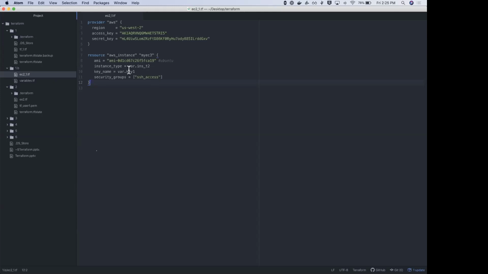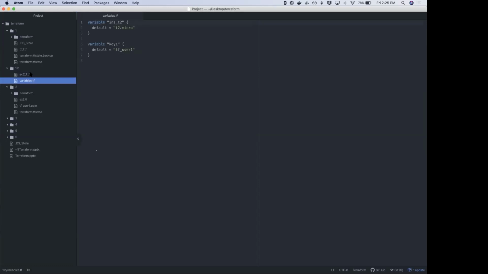The reason we usually go with variables is that if we are using a particular parameter in multiple resources, rather than changing it in all those places, it is better to write it in one place, and pull it and use it in multiple places.